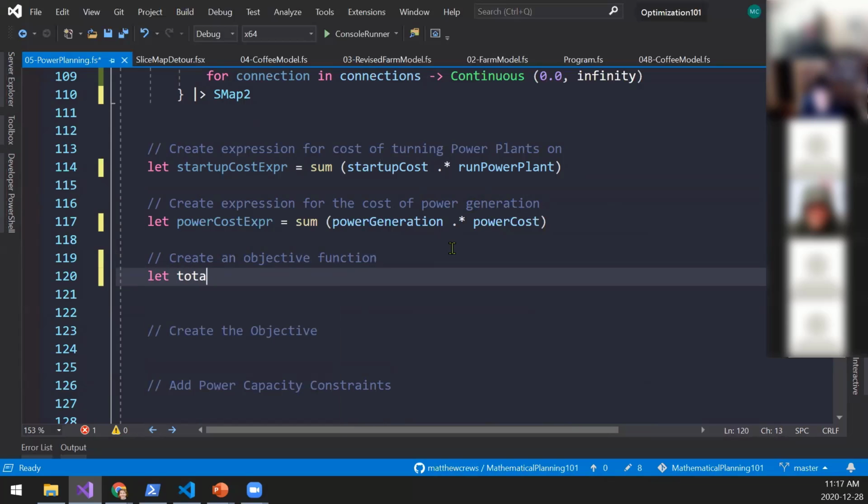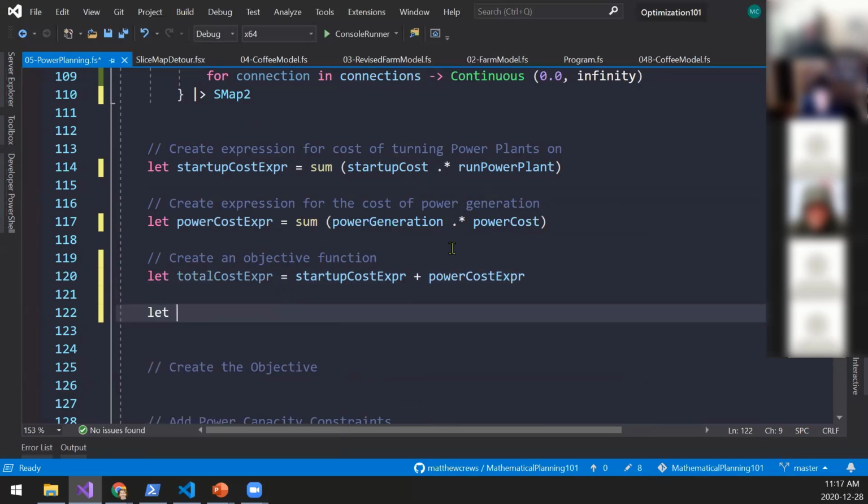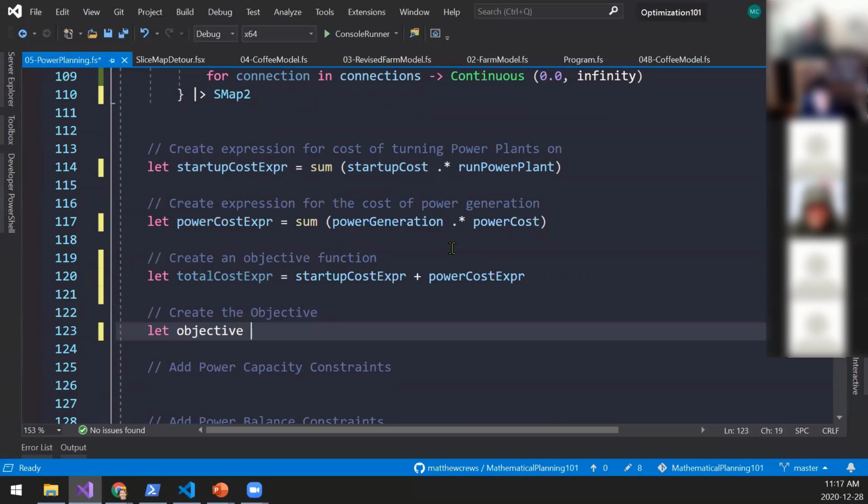Let total cost expression equal startup cost expression plus power cost expression. And let objective equal objective create minimize cost, minimize total cost.